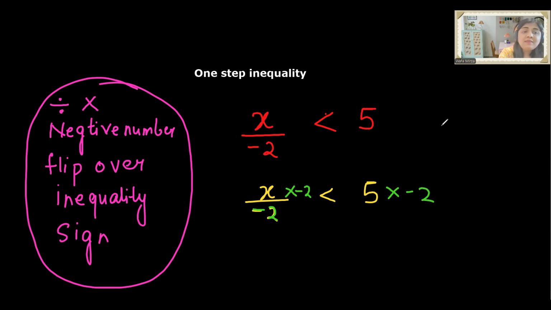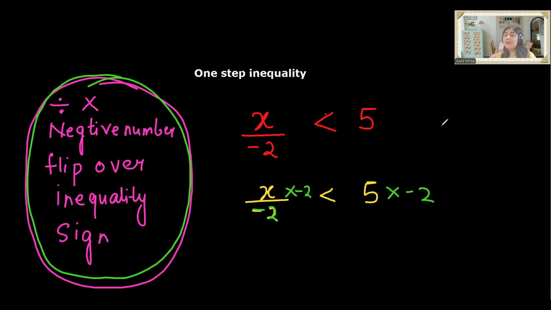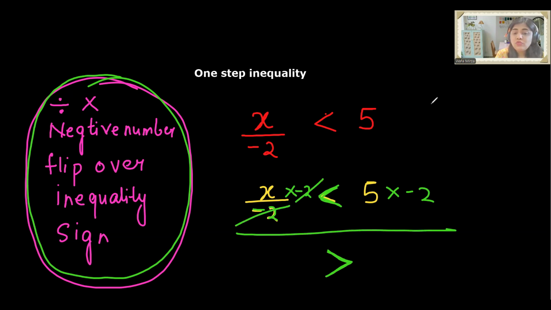So again the same rule. Whenever I multiply or divide with a negative number, I have to flip over the sign. So if it is a less than sign, I have to change it to a greater than sign. Minus 2 will cancel out, and I am just left with x. 5 multiplied by minus 2 is minus 10. So if I want to write my answer,